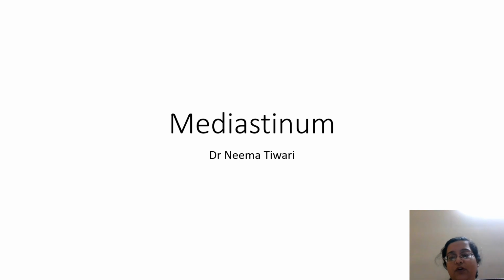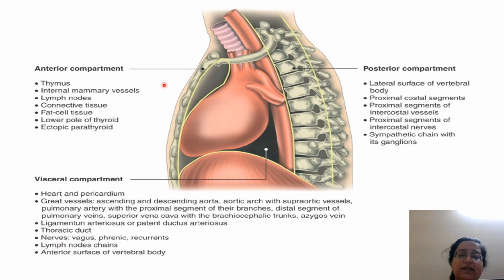Okay, so moving on. Firstly, this is a bit of anatomy. You need to know, you all know in fact, since mostly this is helpful to the MD students. Also, I hope if some of the MBBS students are watching, they might find it helpful that the mediastinum is divided into 3 parts: the anterior, the middle, and the posterior, right? The visceral compartment here is probably the middle. In this image I've taken from Google Images, there's an article on Science Direct actually.